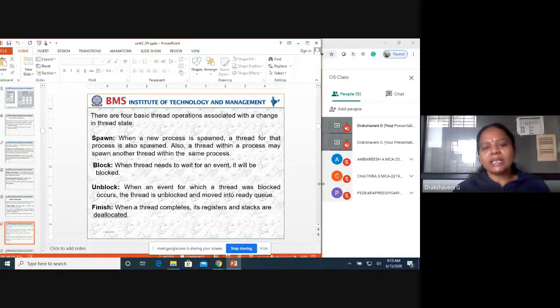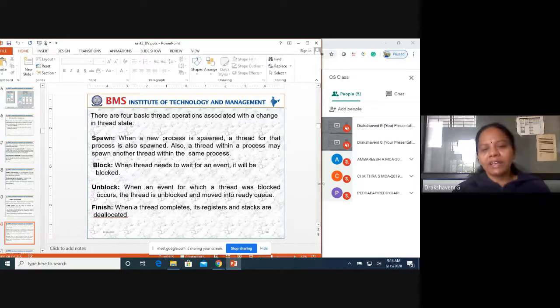There are four basic thread operations associated with a change in thread state: spawn, block, unblock, and finish. Spawn: when a new process is spawned, a thread for that process is also spawned. Also, a thread within a process may spawn another thread within the same process. Block: when a thread needs to wait for an event, it will be blocked.